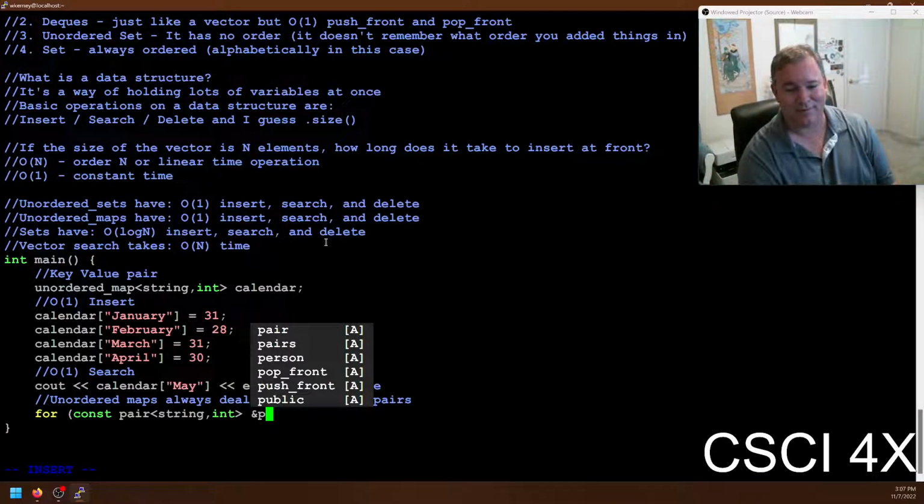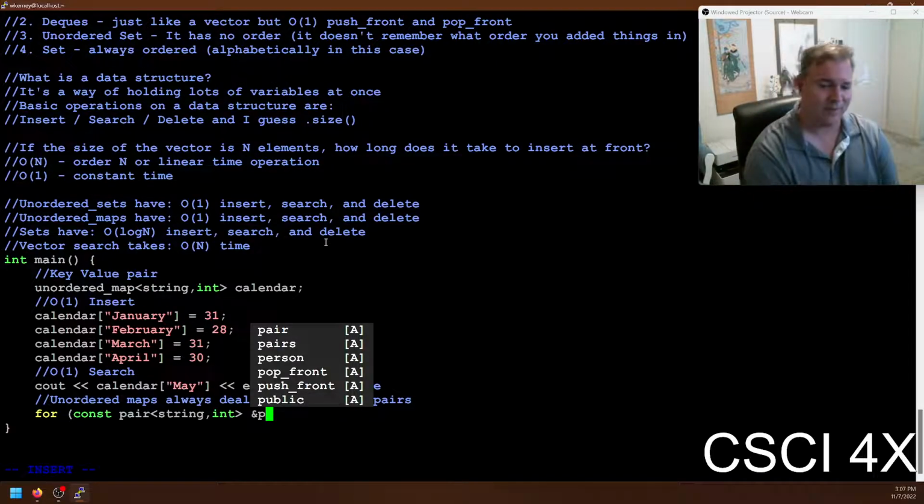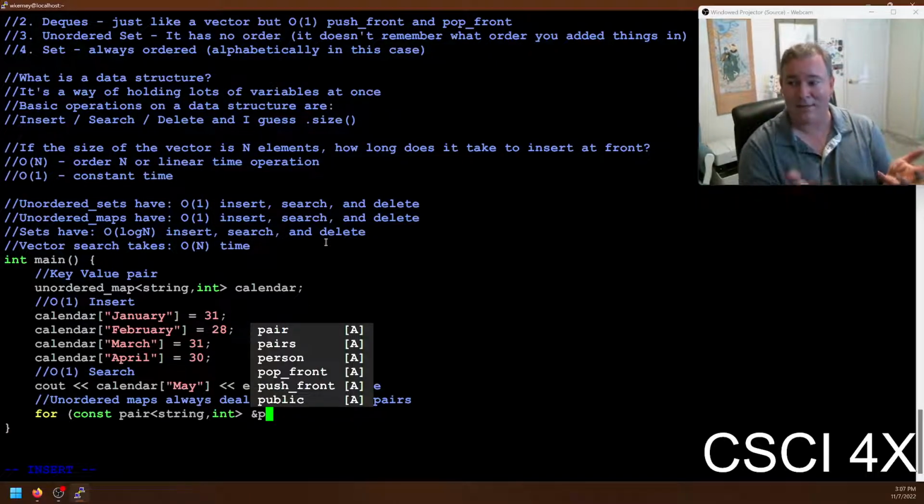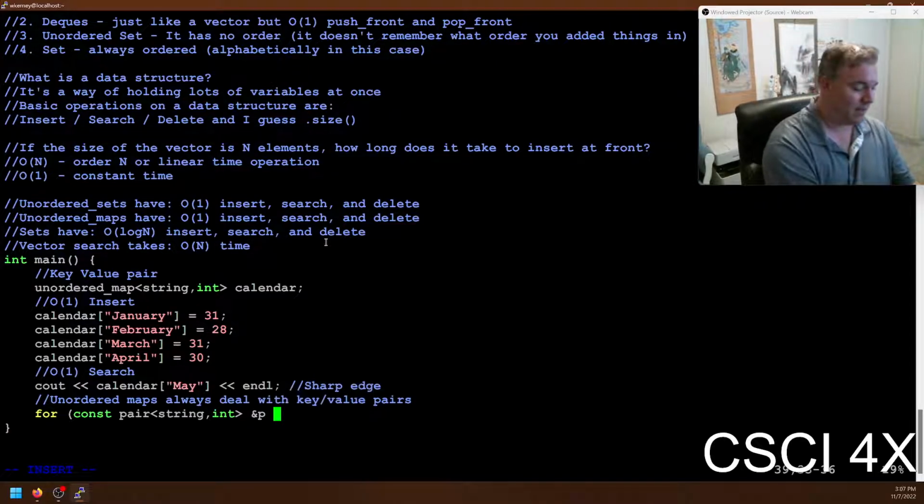This is maybe too advanced for you, but I don't think so. I think you guys can handle this. So for every key value pair, that's what it's saying. For every key value pair in the hash map,